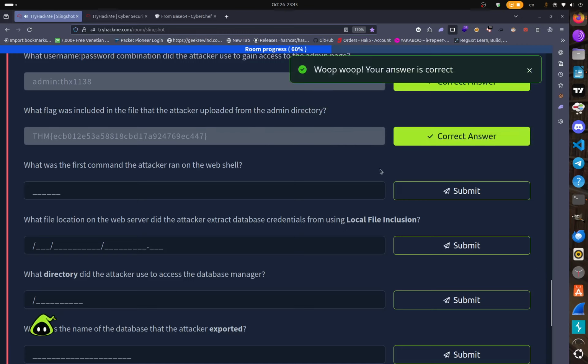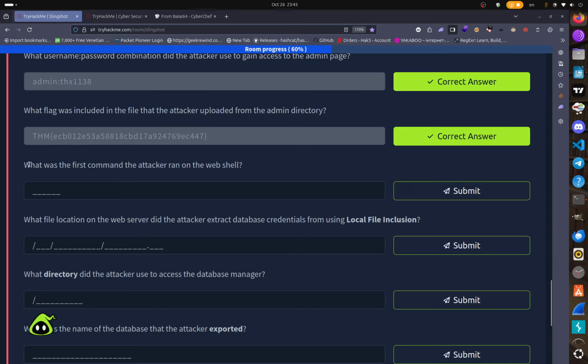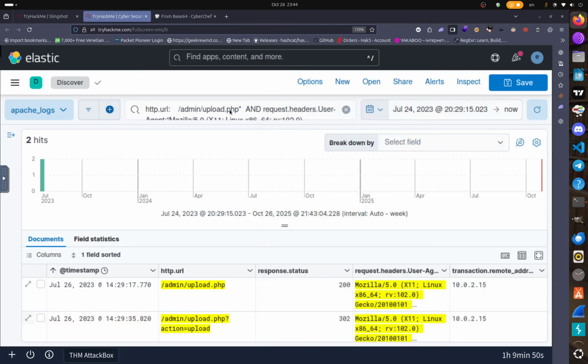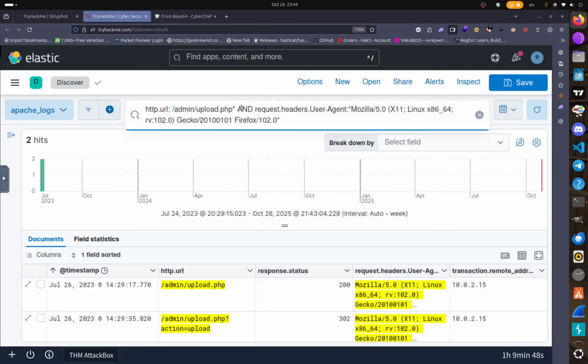Scrolling down, we can see also the flag requested in the question. So in the question, they ask you for the flag, but in fact, they want you and copy after they gained access. So now